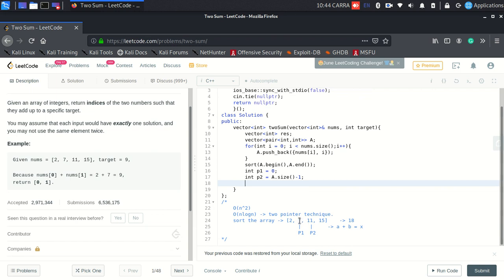Basically, let's say I had the sum 14. 2 plus 15 is 17, I'll decrease p2. 2 plus 11 is 13, I'll increase p1. And 7 plus 11 is 18. Now 18 is greater than 14, so I'll need to decrease p2, correct? But if p2 comes over here, p1 and p2 both refer to the same element, this cannot be done,